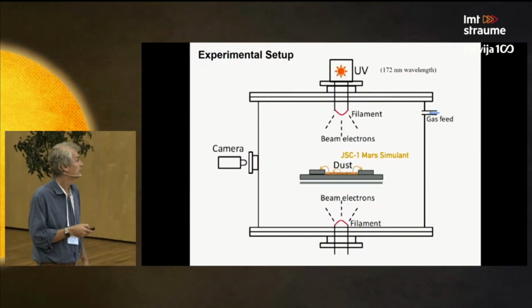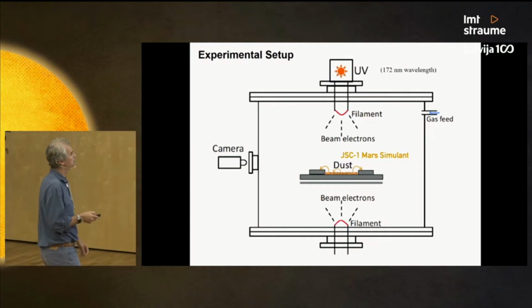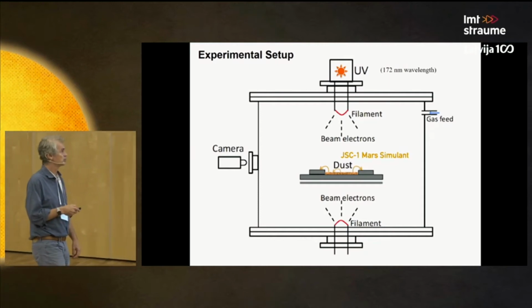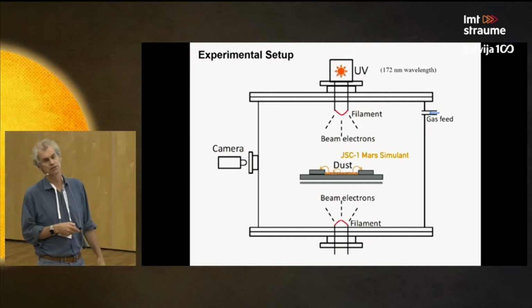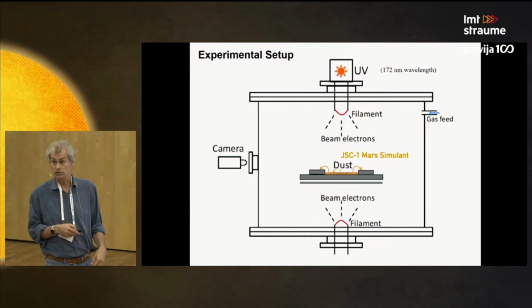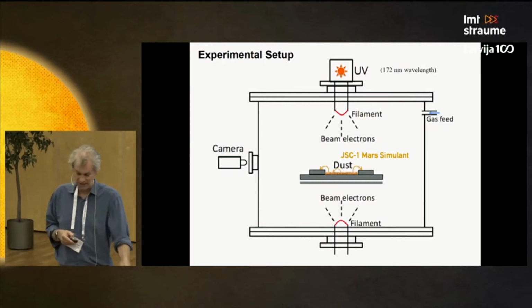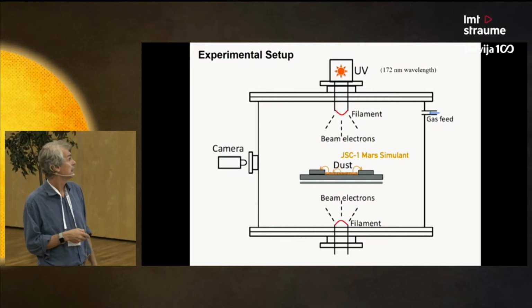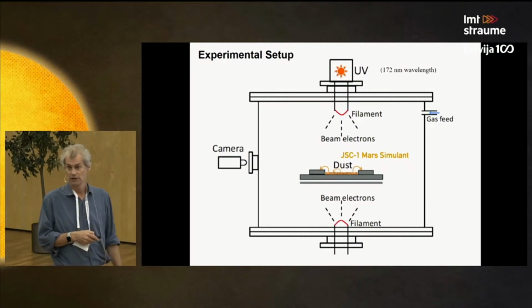Okay, so what we actually do is a pretty simple setup. It's a plasma chamber which allows us to expose a dust sample either to UV or to a weak ionizing plasma, and we have a camera system which allows us to observe the motion of